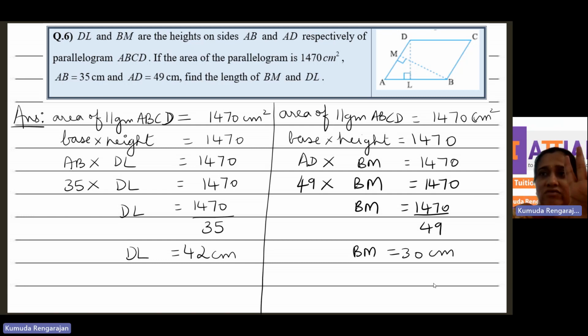Supposing a formula has 5 things and you know 4 of them, you can find the fifth one. Supposing a formula has 10 things, 10 unknowns they're called. Of the 10, if you know 9, you can find the 10th one. So when you read this question, you should process in your mind that area of a parallelogram is base into height. I know area, I know